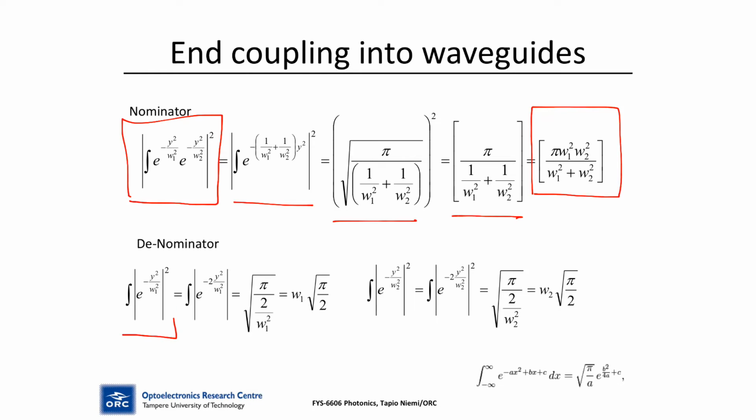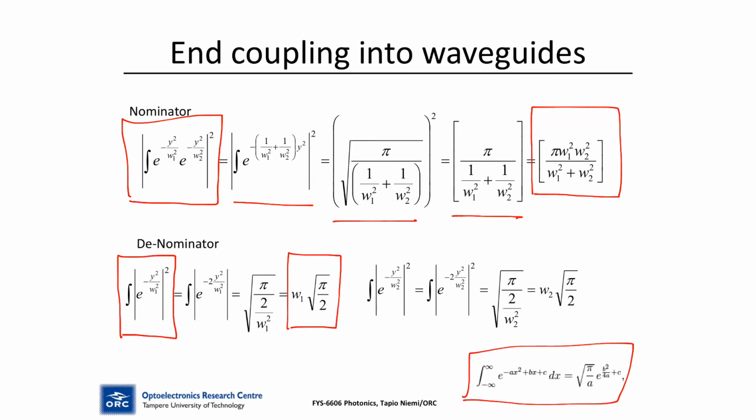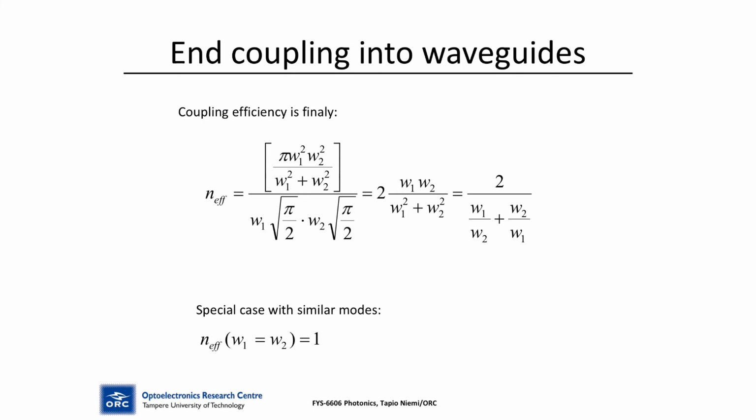So if we calculate the integral, use the equation here, we end up with two expressions for the incident field and for the waveguide mode. And let's now insert this into the overlap integral and calculate the coupling efficiency between these modes. Now, if we insert the numerator and values in the denominator,